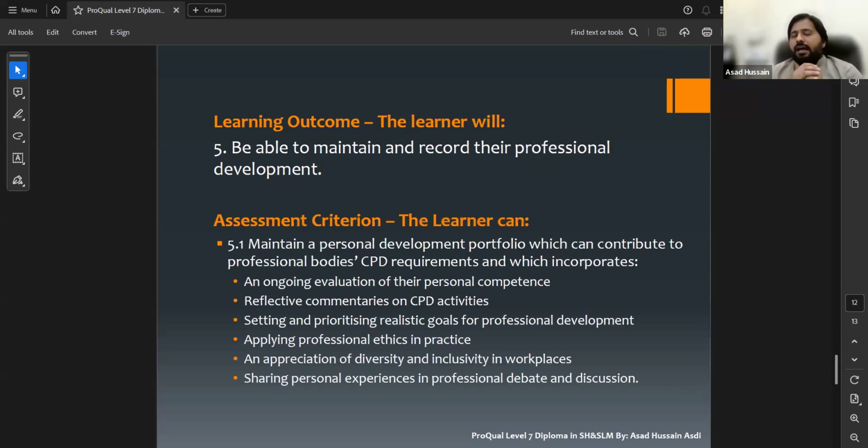So what they have to do, we are having only one assessment criteria there. What a candidate has to provide in this unit to complete it is basically a CPD form. He has to complete it as evidence and provide some CPD activities there. Before discussing this, I just want to give you a general guideline. After the development plan, after a new professional development plan and the implementation process, what type of CPD activities can be considered here? There are basically three types of CPD activity.